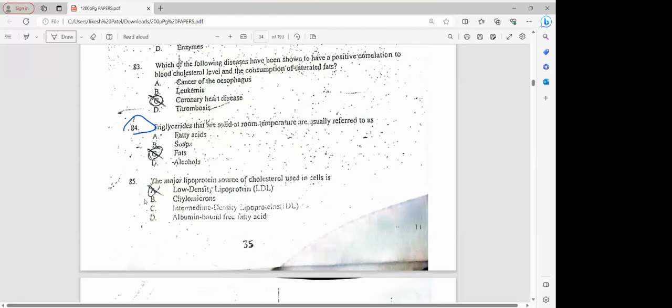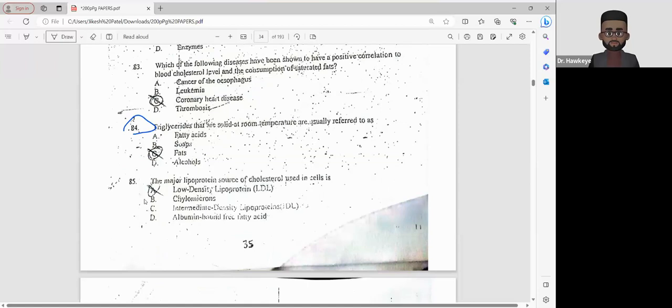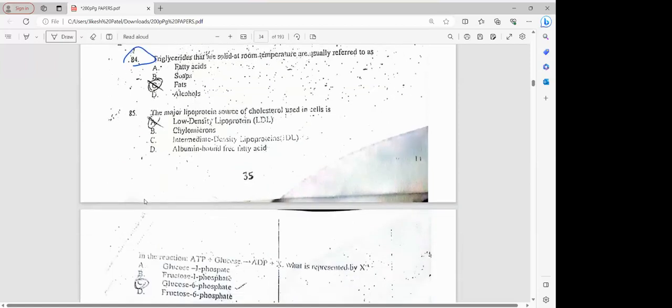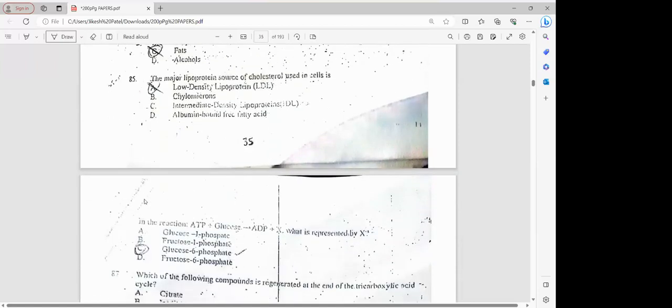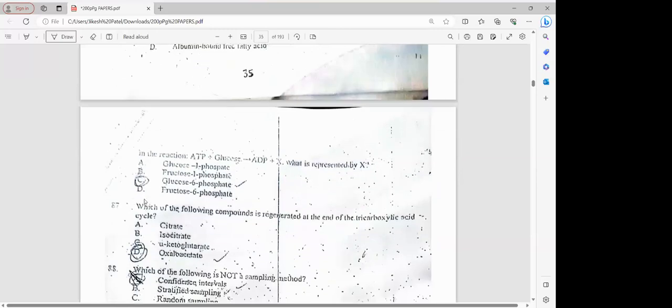Triglycerides are solid at room temperature and are usually referred to as fats. Right, yeah. Okay, just give me a minute, kindly. The major lipoprotein source of cholesterol used in cells is LDL, isn't it? Yeah, because